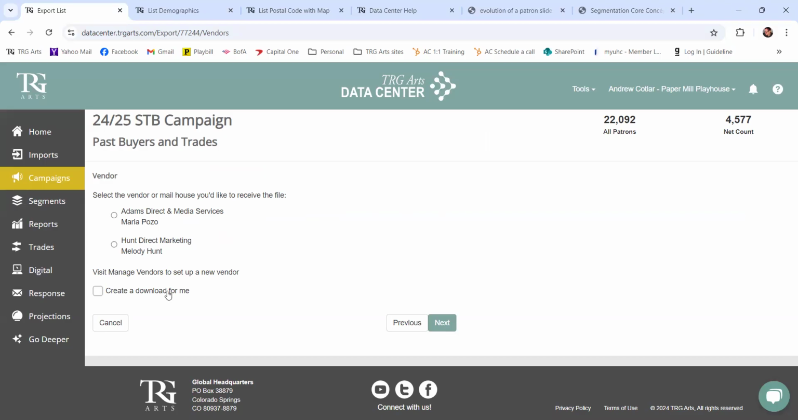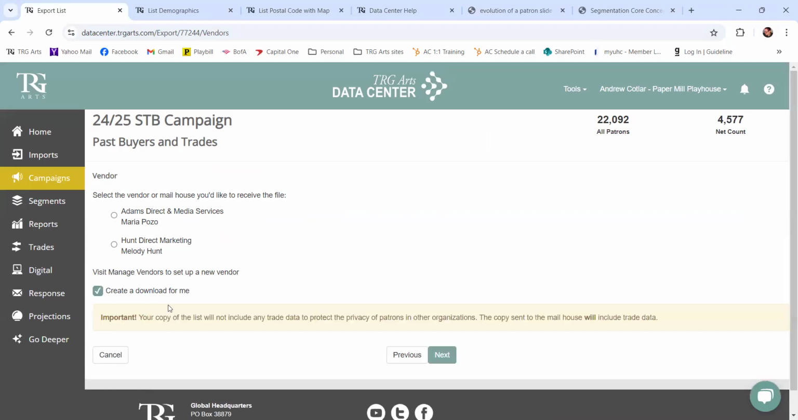And here's where you can create a download for yourself. This important warning here is reminding us that you'll never be able to download another organization's data. So those trade segments, you won't see those households. But here you can select to create a download for yourself, and you'll be able to see your own patron